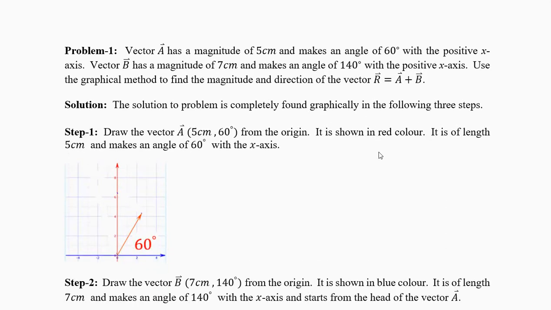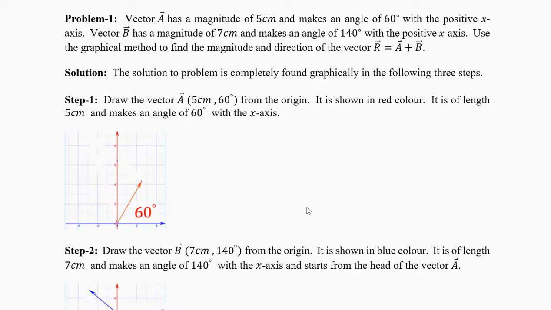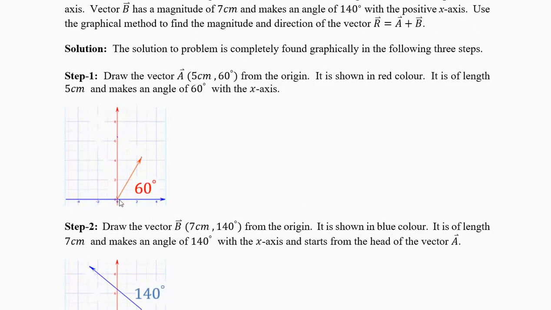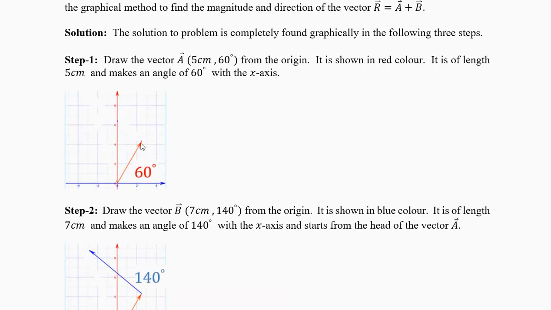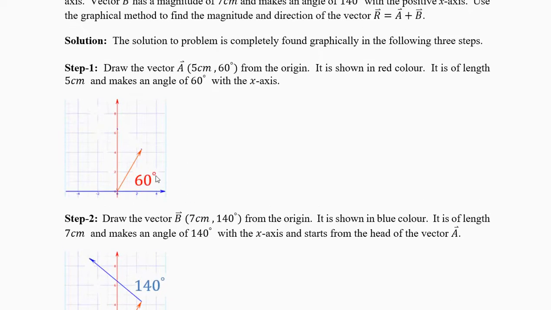Now I'll show you this drawing in 3 steps. And all your answers will come from the drawing, so concentrate on the drawing. If your pencil is bad, if your scale is bad, if you are careless, you will get a wrong answer for the angle and the magnitude. There are two things which you have to find from the graph. Now this is your reference line, same as the protractor. This is your 60 degrees anti-clockwise, not 120 degrees, it is 60 degrees. Find the angle of 60 degrees and this dot is 60 degrees.